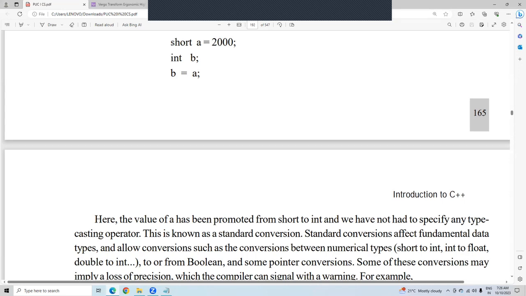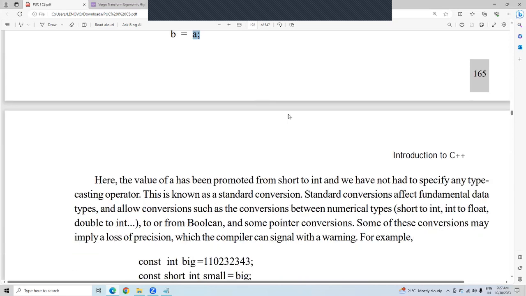What you are doing is copying the value of a into b, where a is a short int data type and b is an int data type, where short int has a smaller range and b has a higher range. As both of them belong to the same category, that is, integer data type, the smaller data type a is promoted to the higher data type int without the knowledge of the user. Internally, automatically it will become int. This is what